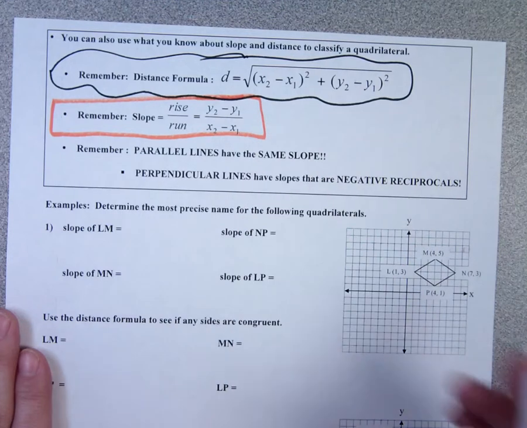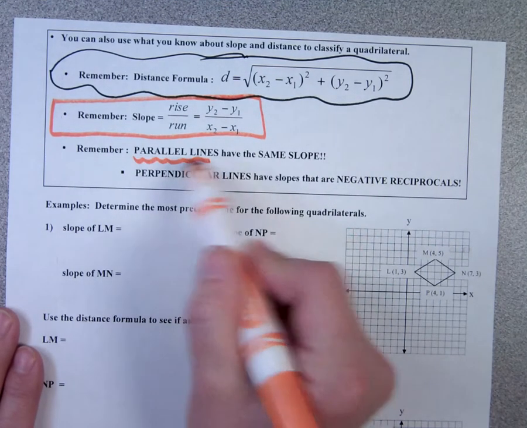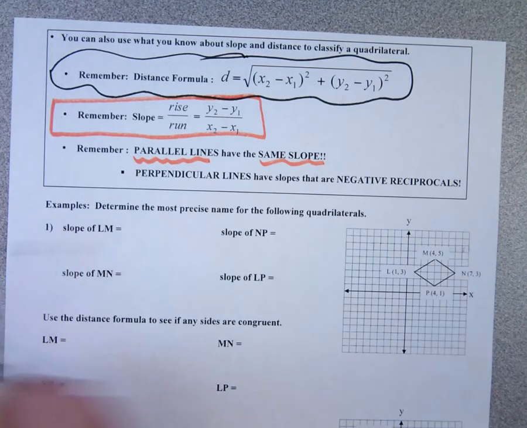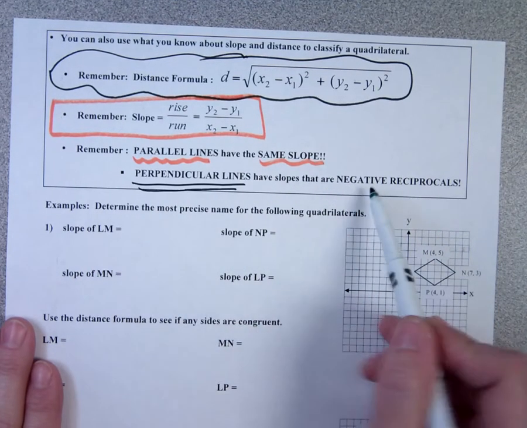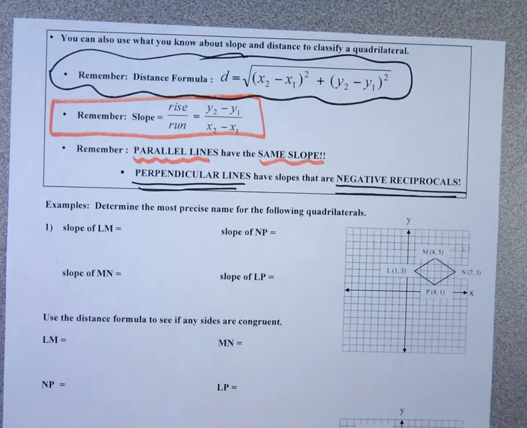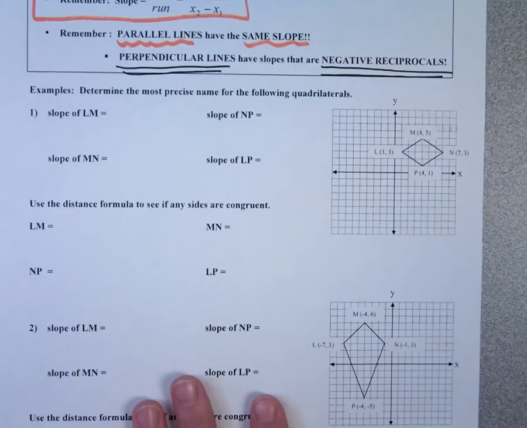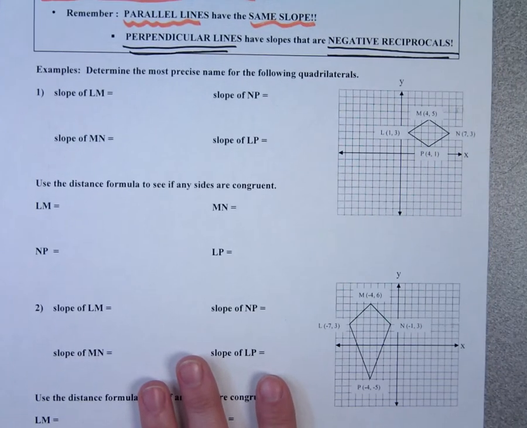And then it revisits the fact that parallel lines have the same slope, but for perpendicular lines, their slopes are negative reciprocals or opposite reciprocals. That's how it says. Okay, so what I want to do, and I know that some of these are easier to judge than others just by looking at them,